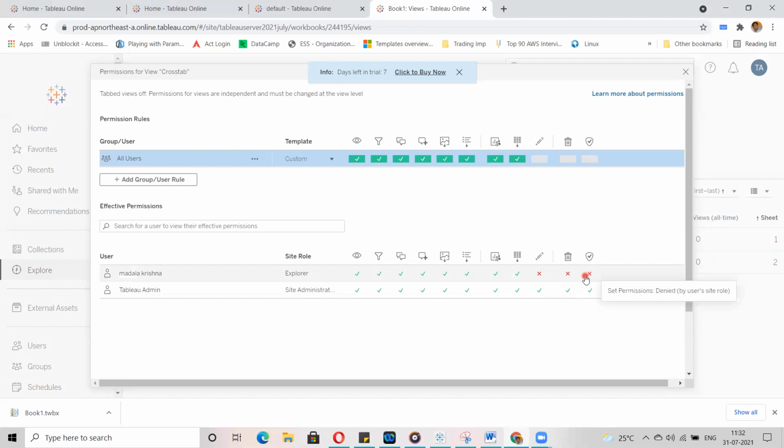Now I want to disable the download full data option. Here you can see a download summary data option and a download full data option.